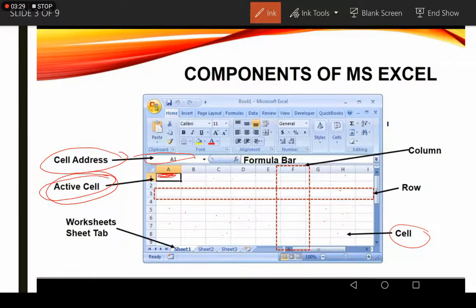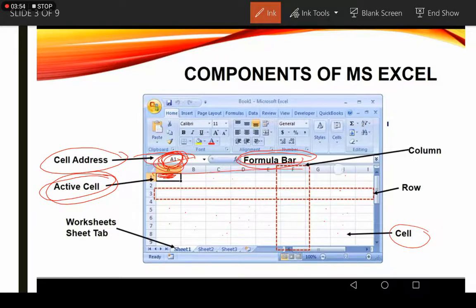As you can see, this cell is A1. So in the cell address box we will see the address of the active cell. There is a bar which is called the formula bar.